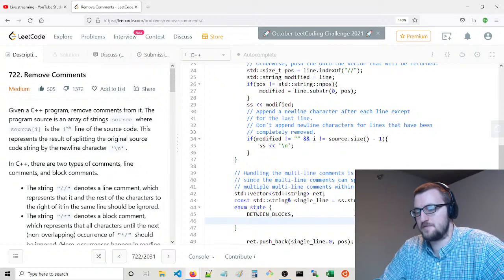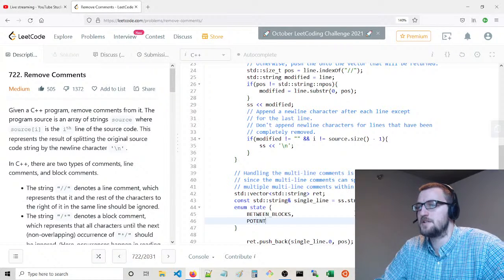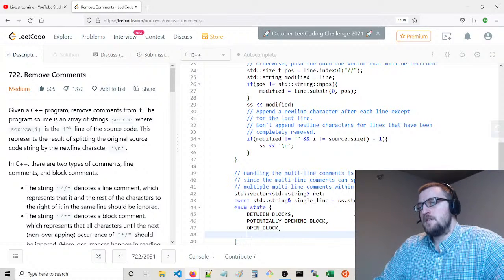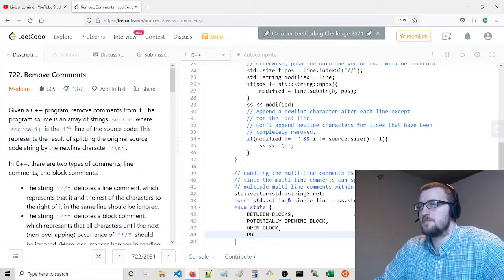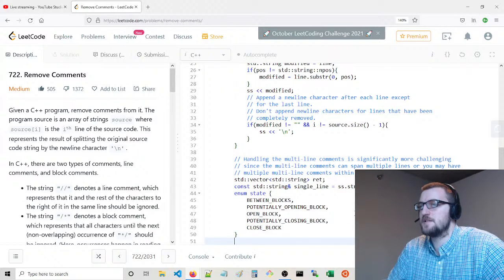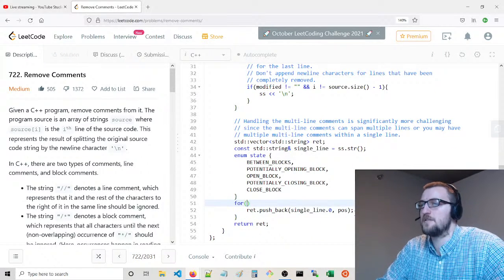So between blocks, then potentially opening a block, open block, and potentially closing block, and then close block. There are different states. I don't know if this is the best way to do this, but this is one way.